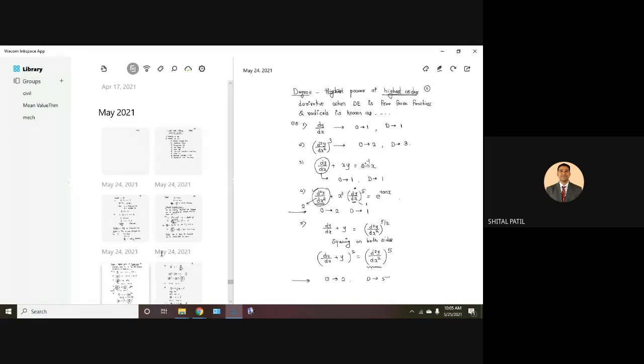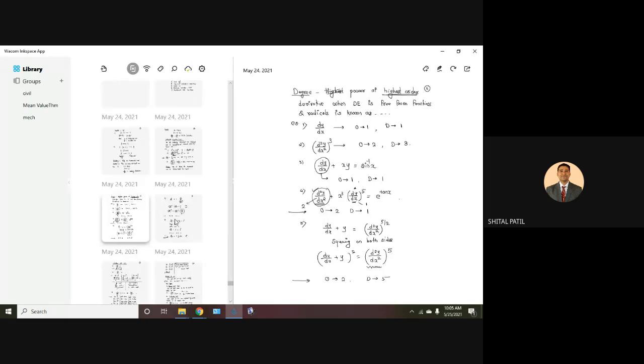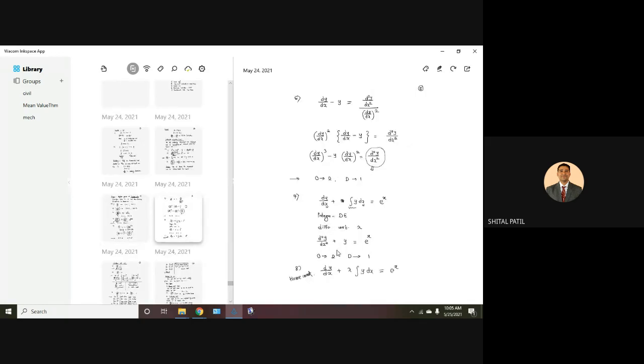And what the degree is? Power of highest order derivative, when the differential equation is free from fractions and radicals. And then after that, we have gone through a few examples to understand what the order and degree is. This is an integral differential equation, an equation containing derivative as well as integration, and then we solved that. Then example number 8 was given for homework, and I think Shreyas told the answer also. Order is 3 and degree is 1. So you might have solved it.